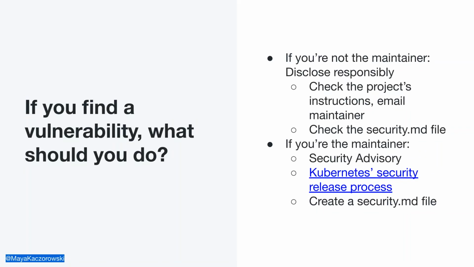And if you're a maintainer and you now have a vulnerability to deal with, you're going to want to communicate out what's going on as transparently as possible to your community. Consider creating a security advisory to disclose this information. If you've never done a release process before for a security vulnerability, read up on how Kubernetes does it for inspiration. They have a very clear, transparent model. And if everything is rosy right now, please, please, please create and update your security metadata file so that in the future, if something does happen, a developer or a researcher knows how to contact you.